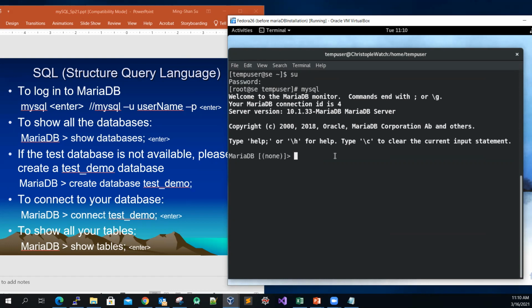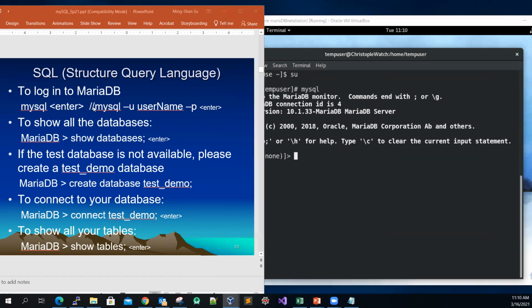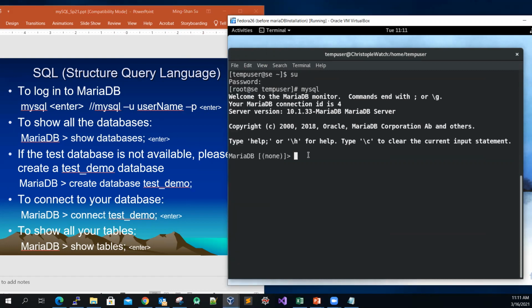password or username. But if you have your database security set up, then you can try a command like this: mysql space -u means the user, then space the username, and space -p means prompt for the password. Okay, let's continue on to the next one. Next kind of SQL: we want to see what databases we have. So we can issue the command show databases,